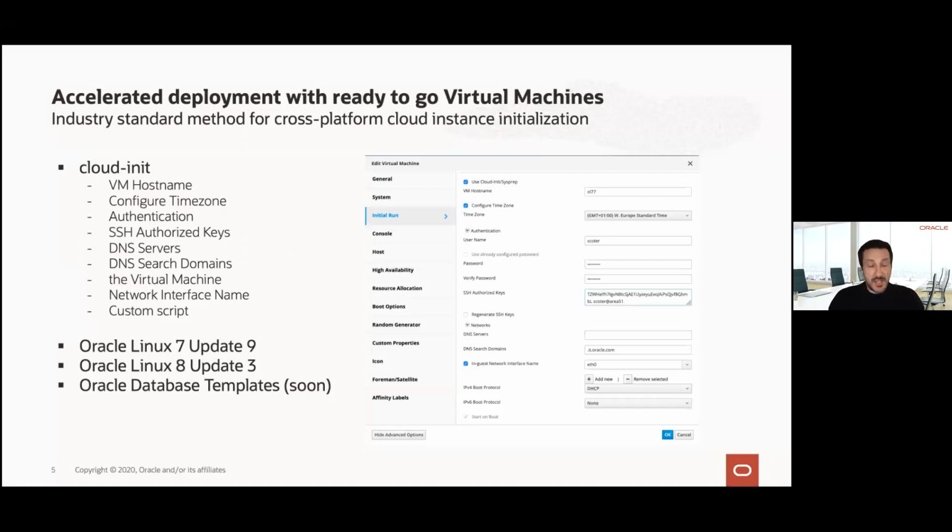But the most important thing related to this automation is the custom script. Because at the end of the boot, at the end of the deployment of your virtual machine, you also have the opportunity to execute any custom script, any command that may be required for your own environment.